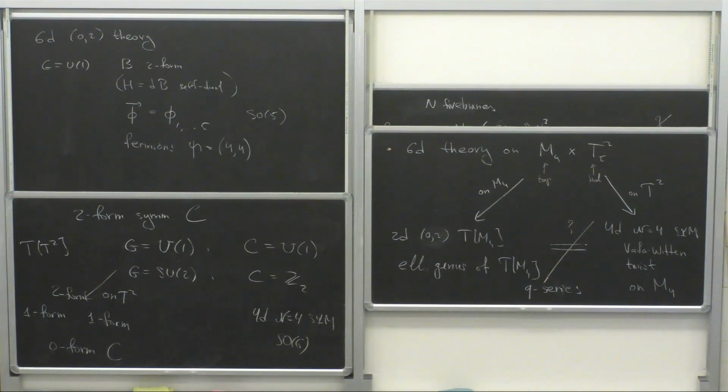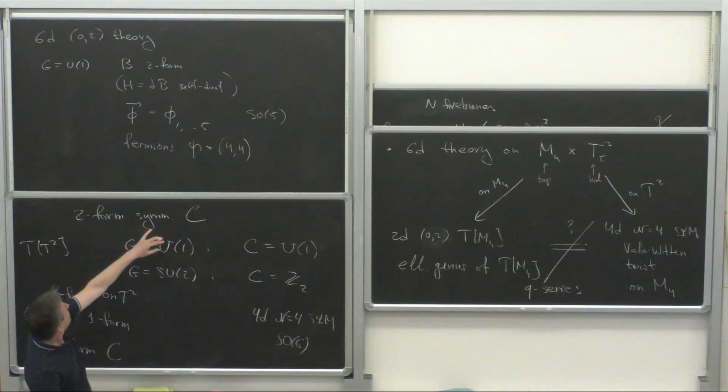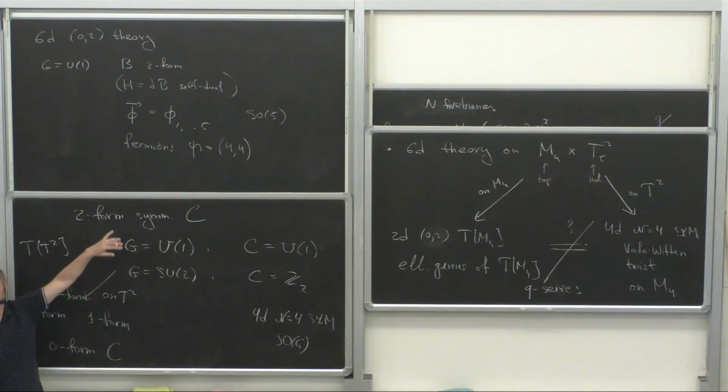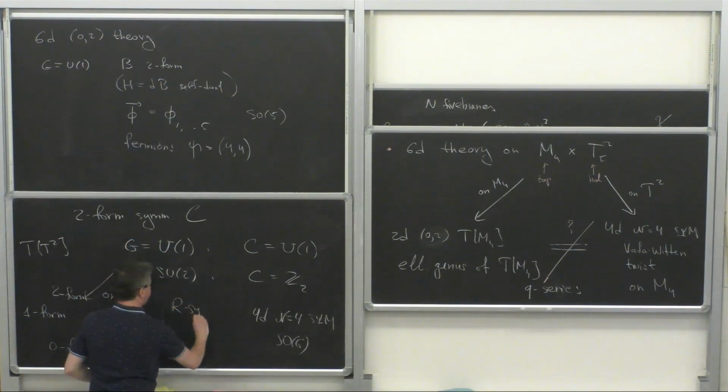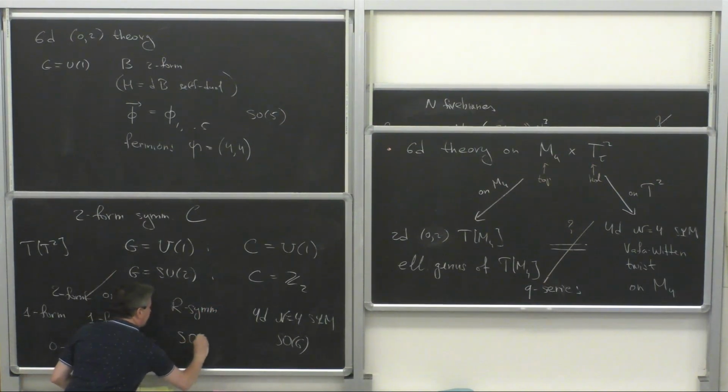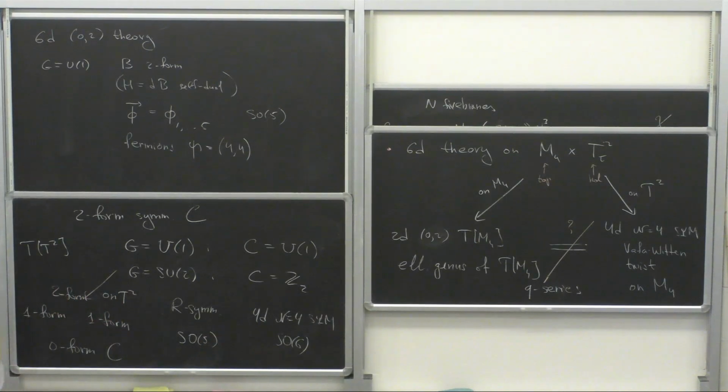So this system, compactified on T2, does not have SO6 R symmetry because I have only SO5 over there, and as long as I keep my two torus as a two torus with a periodic direction, there is no way I can do anything rotating this dimension into one of the non-compact dimensions transverse to the fivebrane. It's just not a symmetry. So therefore, at the level of R symmetry, so that's actually more funny. So in this theory, we get for T of T2, R symmetry is SO5, maybe times a discrete group and